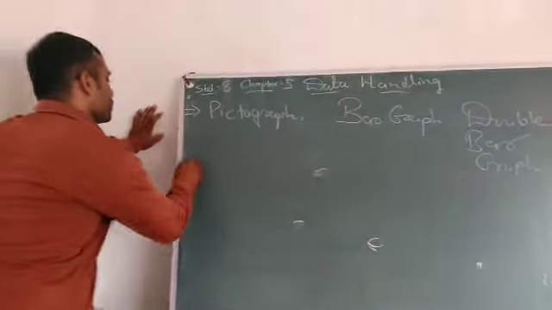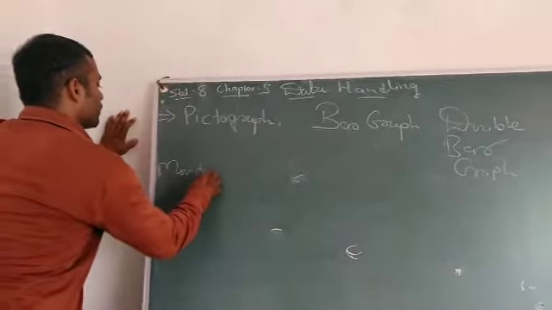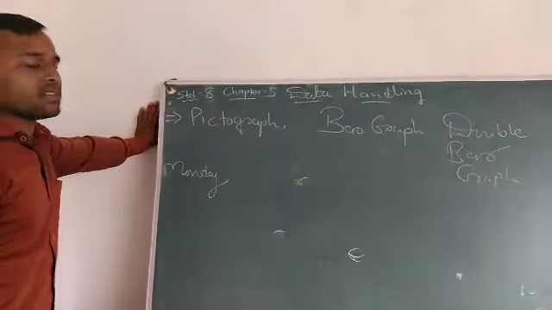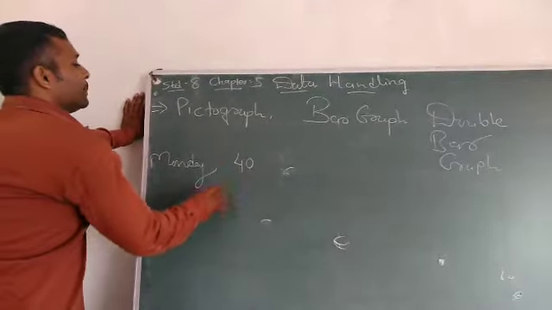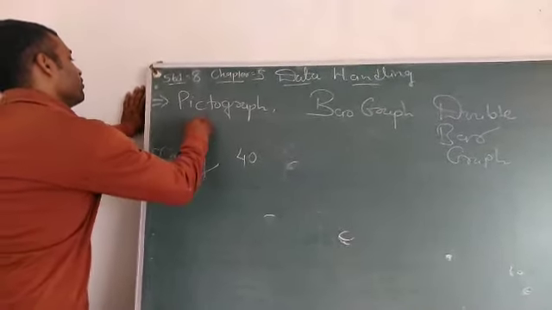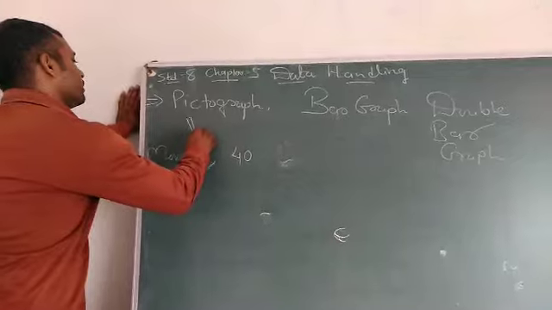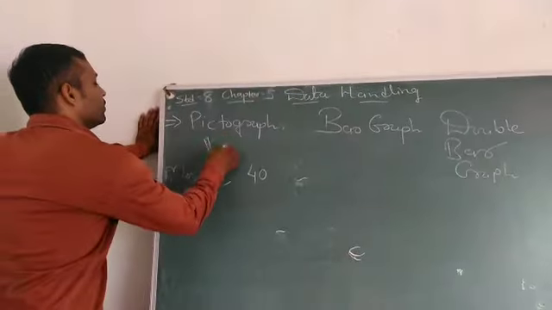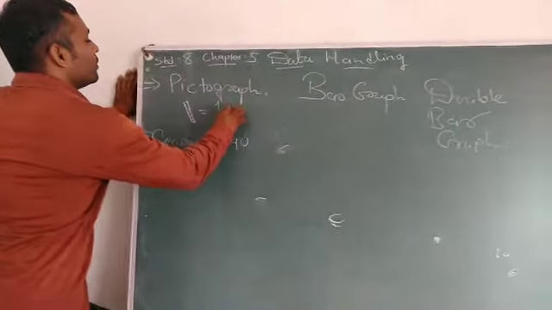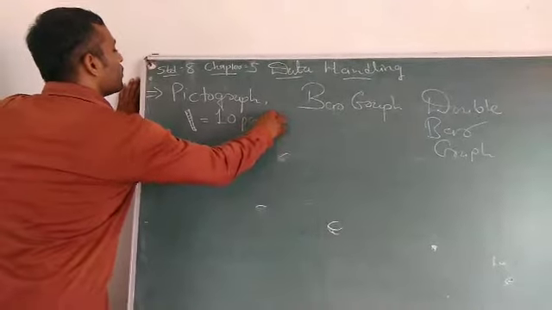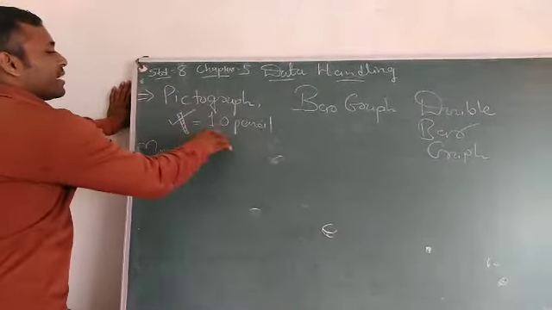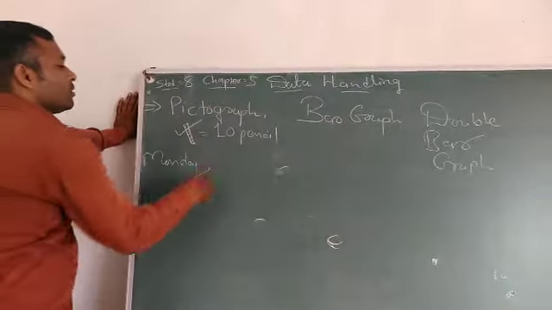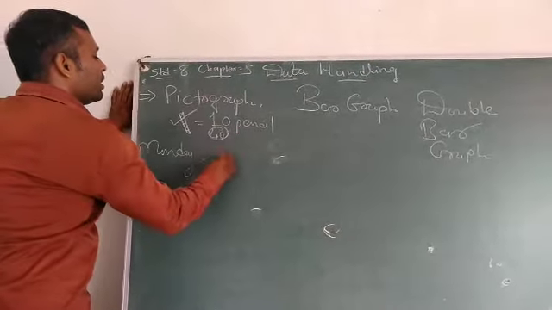On Monday, suppose selling of pencils is 40, but we represent one pencil is equal to 10 pencils. So now one pencil represents 10 pencils, so for 40,